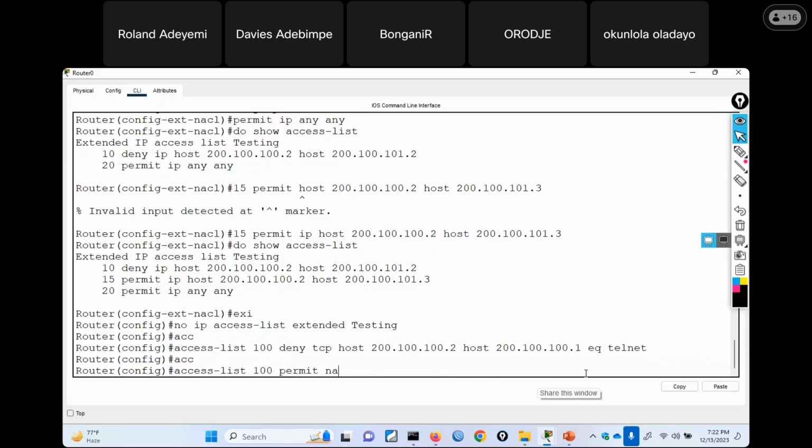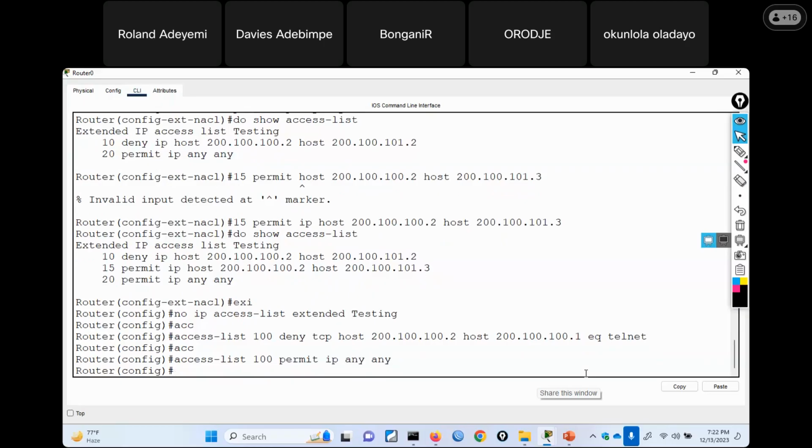Permit any source, any destination, any other protocol. It's not, this is not correct. It's permit IP any any. Now, anytime you are creating an access list to block telnet, if you remember our basic configuration,